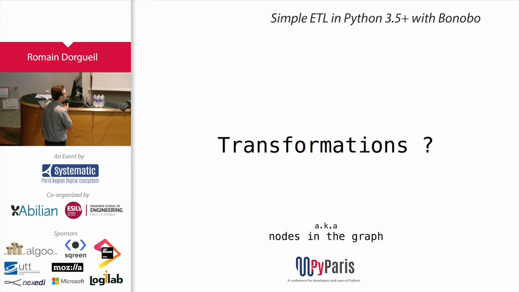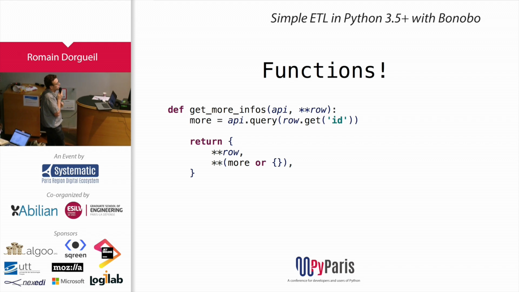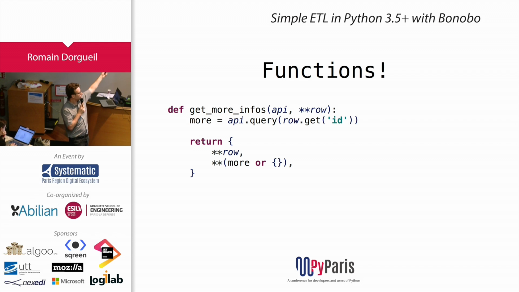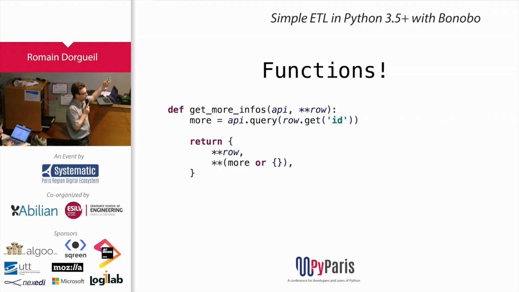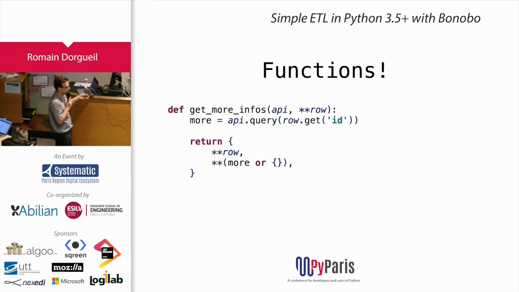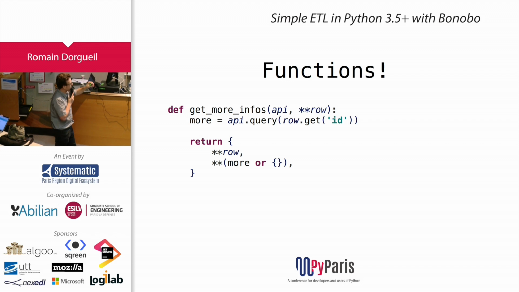So what can we use as transformations? We can use regular functions, as said before. A regular function has one input to one output. It's not very interesting because you can just use, for example, toolz.pipe if you have only functions and in a linear way. But if you have a non-linear graph,